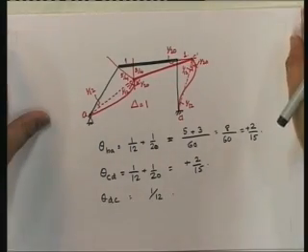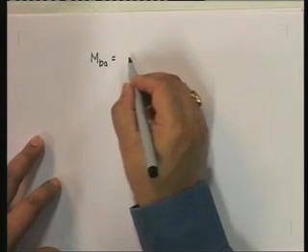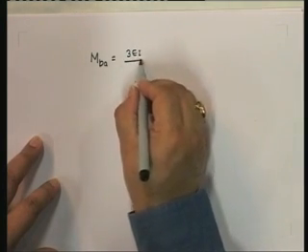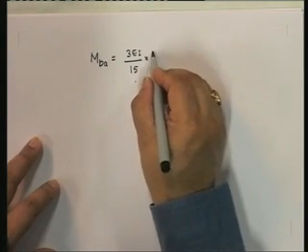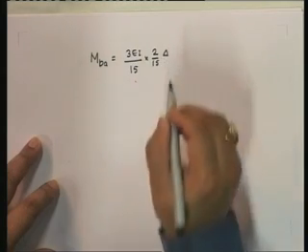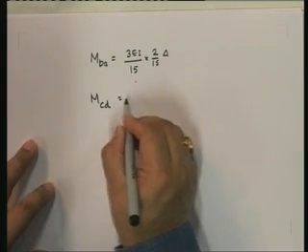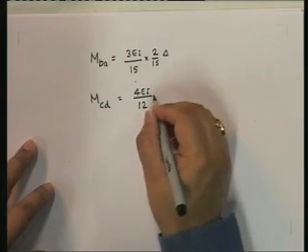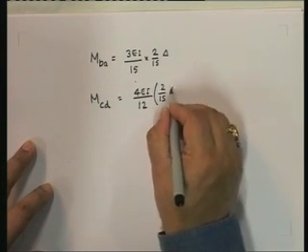So having input these, what do I get? I plug this into the original equations and I get MBA is equal to, and what is L for AB? It's 15, into theta BA is 2 by 15 delta. Okay, MCD is equal to 4 EI. What is CD's length? 12. And theta CD is equal to 2 by 15 delta